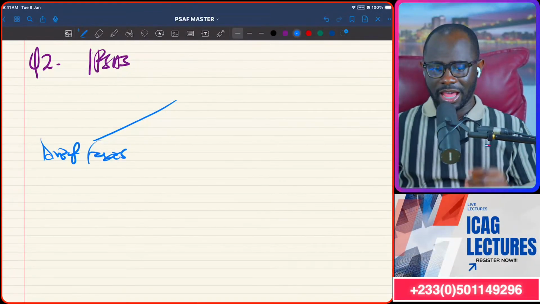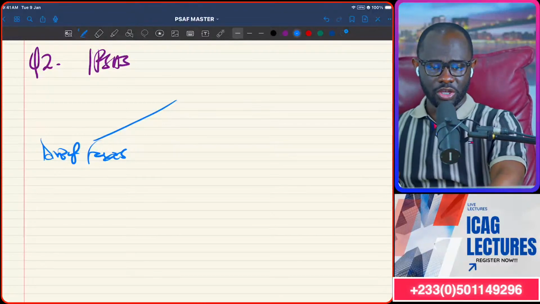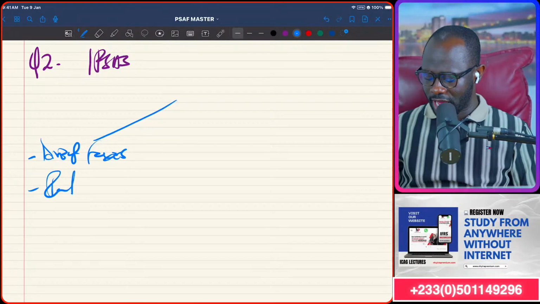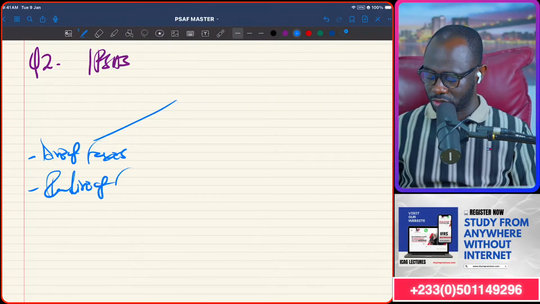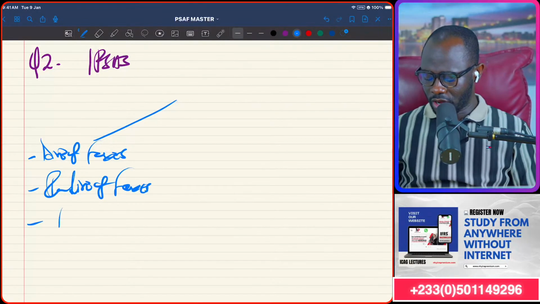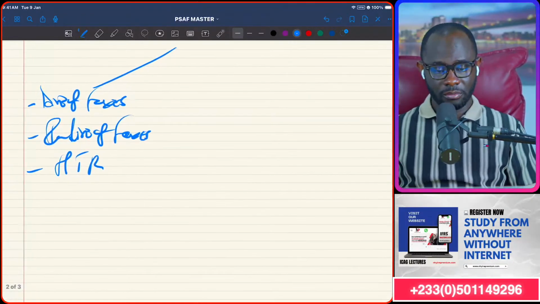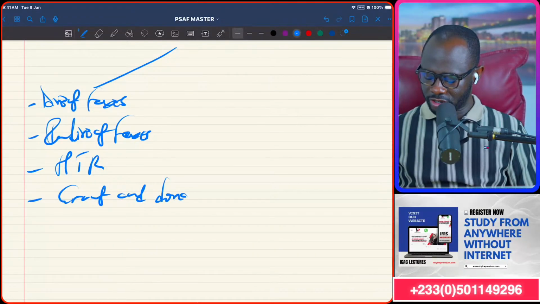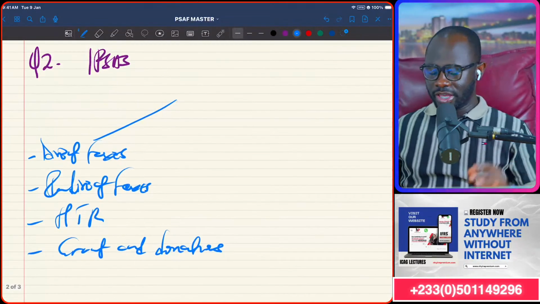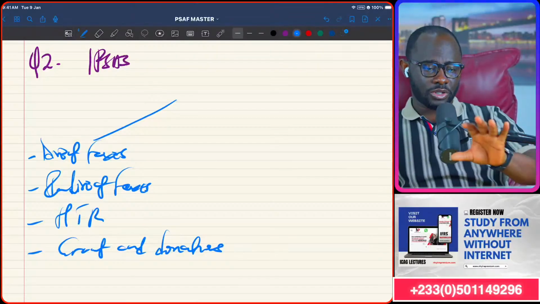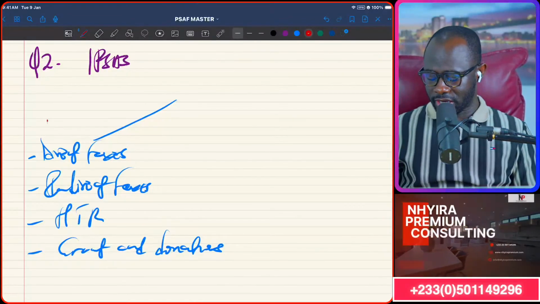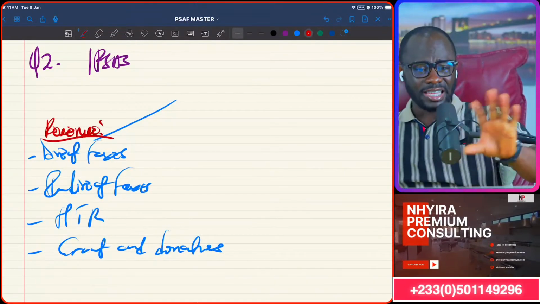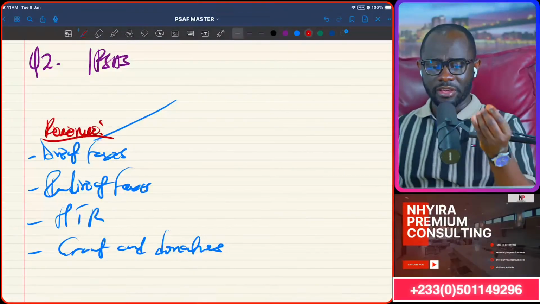So we're going to be classifying the revenue items into direct taxes, number one, and then indirect taxes, number two. Then we're going to have non-tax revenue, number three, and then the last one is going to be grants and donations, number four. So these are the things that we must understand when it comes to the revenue classification as per the chart of accounts of the Republic of Ghana on the central government, that is preparing the financial statement